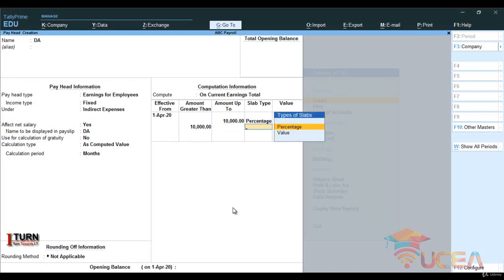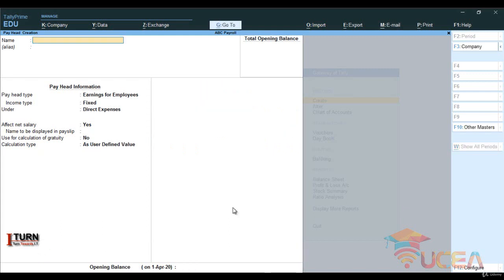Now from 10,000 to 20,000, the percentage is going to be, let's say, 9%, and from 20,000 onwards it's going to be 10%. So we have given the calculation. Go ahead and save it.